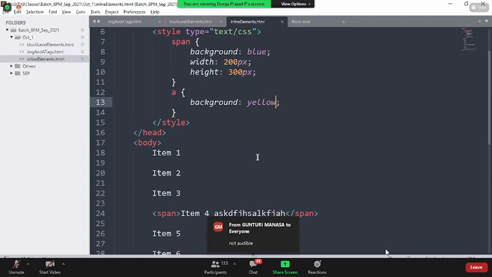Okay. Next question. Span tag. Span tag is an inline element used to render the content within the same line. It doesn't consider the width and height properties. It only takes the width based on the content it is holding.